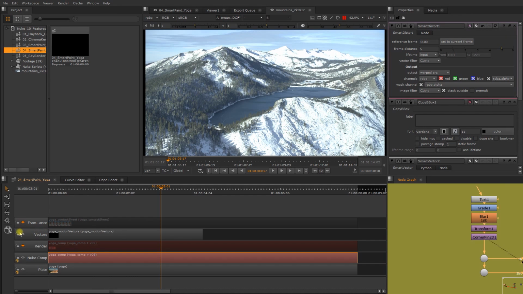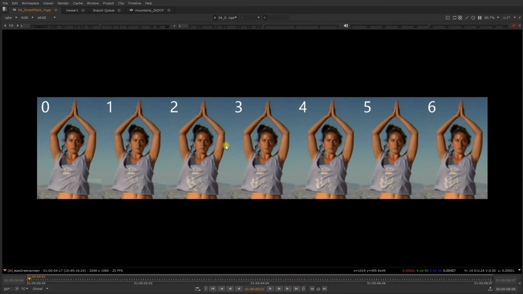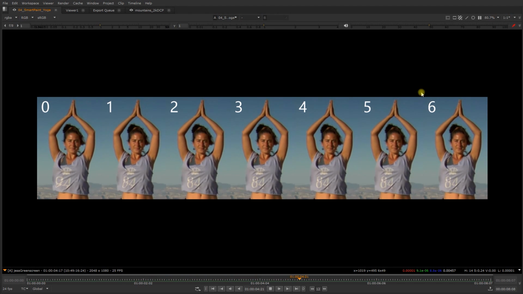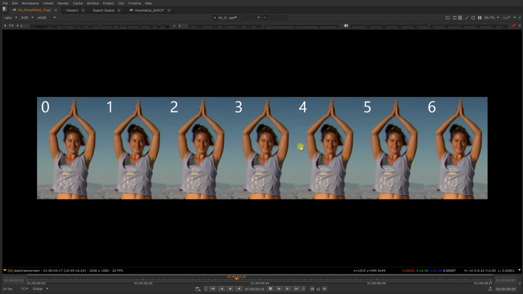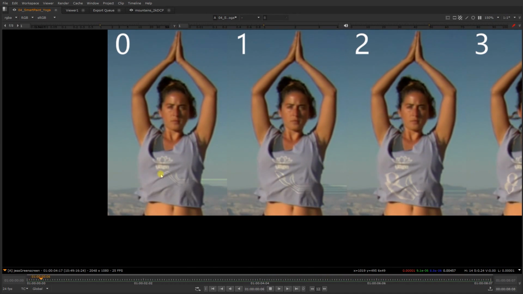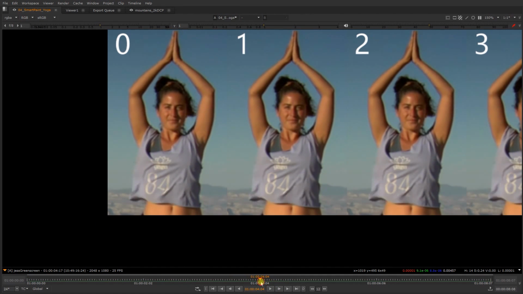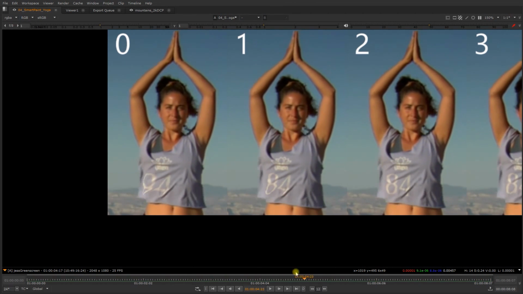So we're going to have a closer look at the frame distance and what effect that has on the distortion output. So we've got our frame distance here from 0 all the way up to 6. And you'll notice that when we jump in here and have a look at the lower values, we're going to get some really poor results and streaking off a number of different ways, left and right. Just be aware that to get the end result here, if we're starting at frame 1100 in the middle of this and we're going back one frame to